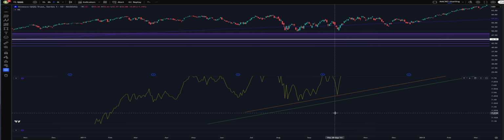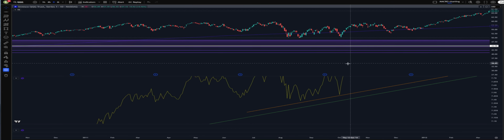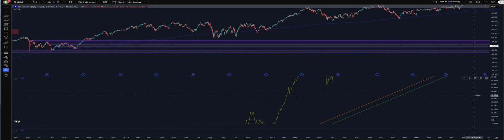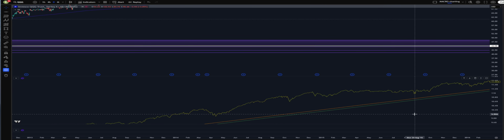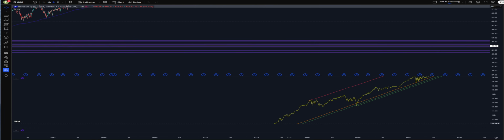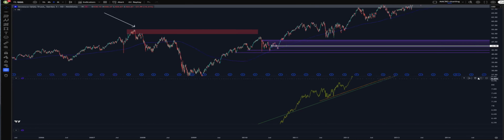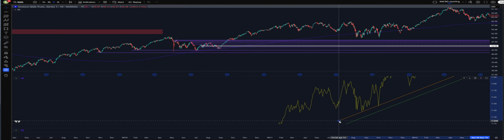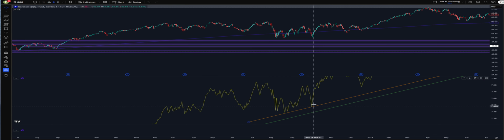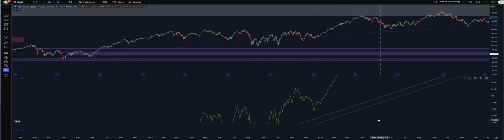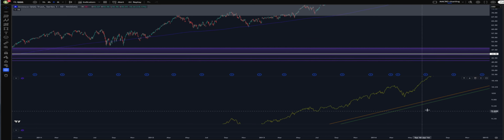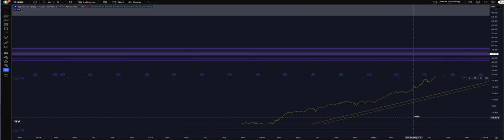So you can see in 2011, we get close both of these times, and it created a bottom, right? Let me actually make sure I didn't touch these. All right, yeah, that's supposed to be there. I must have accidentally touched them earlier. Anyways, so it touched it here, and that created the bottom in the market. You can see that, right? So that was in 2011. The next time it touches these deviation channels is, look how long this took.